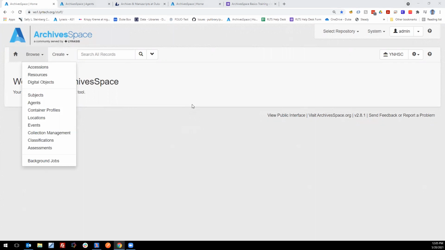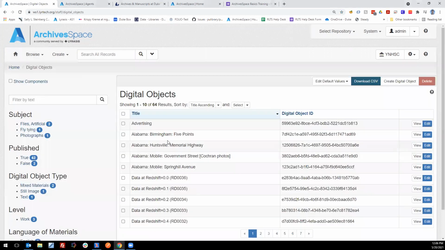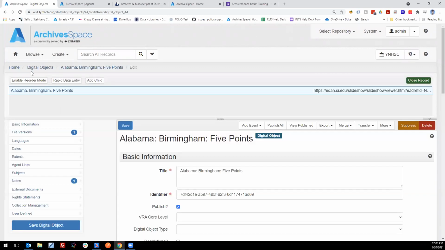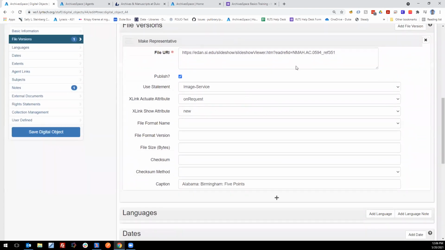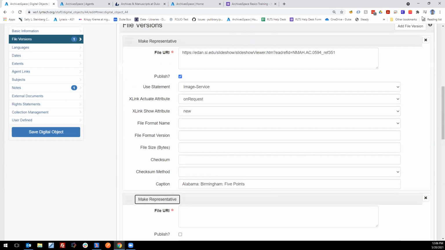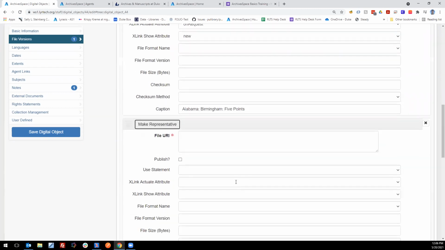Yeah, I think I can sort of explain that. That could be just a poorly framed homework question, but if you want to add a file version for a master TIFF, I'm assuming you all can see my screen. I'm just going to browse to one of these digital objects that already exists. This one is from that Krispy Kreme collection that we were looking at. Right now, it has one file version for this image service. If we wanted to create another one, we can just click add file version or click that plus button as I did. And then